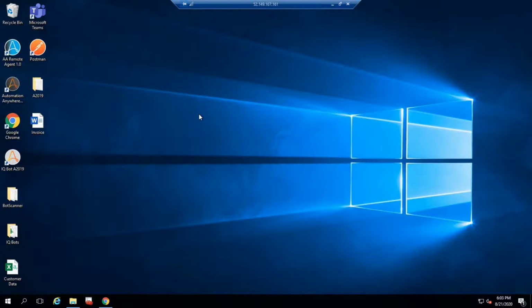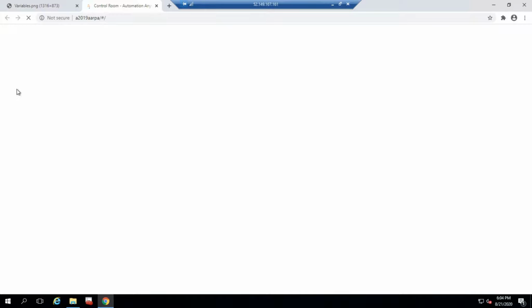This is on-premises. The best advantage of A2019 is that we can also use it as a SaaS model, software as a service, where Automation Anywhere can host it, maintain the physical servers and everything, and just charge as a SaaS model. But here I just installed everything on my local machine, so I'm going to use that.